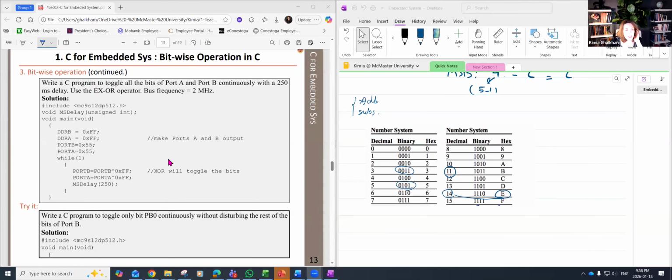So I have another example in here for you, which is asking me to write the C program to toggle all bits of port A and B. Again, remember, anytime we are supposed to toggle something or we are working with the port, we first have to give it data direction. First, we have to make sure it's input or output. And it's asking, I want it to continuously run with a 250 millisecond delay. Now everybody should know how to apply delay. Definitely use MS